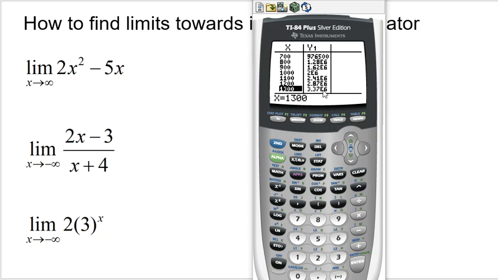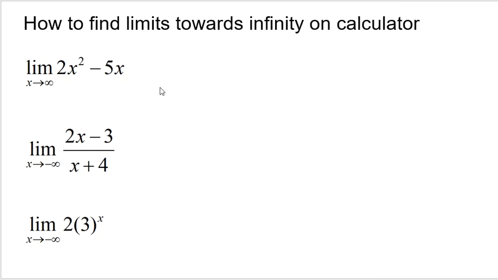And again, watch out for those e's. Like you'll see e to the 6. That means you got to move that decimal to the right 6 times. That's a really big number. So that means that our answer is going towards infinity, right? It's getting really, really big, which you could say does not exist because